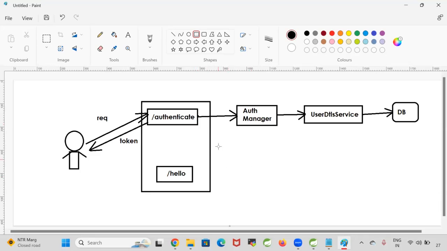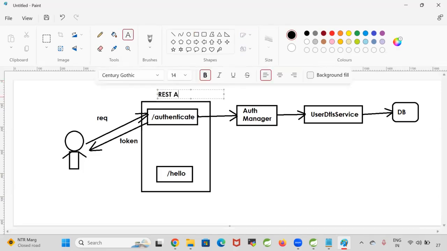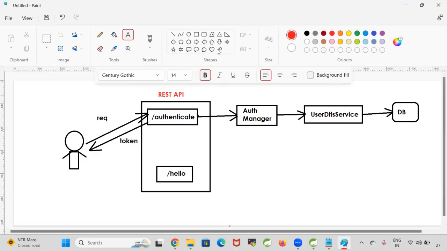Now observe the flow. Our application is available. This is my REST API. In this REST API, I have the authenticate method. The authenticate method will talk to the authentication manager. The authentication manager will talk to the user details service. The user details service will talk to the database to get the user data. If the user data is valid,